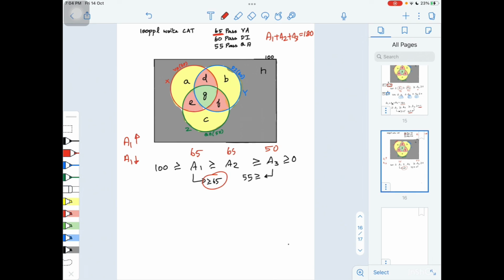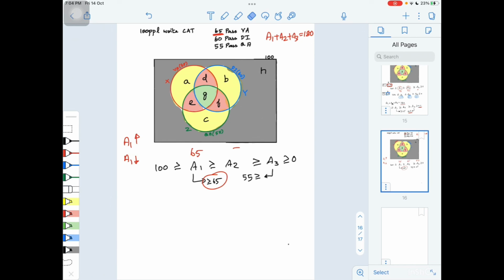Or I can even go ahead and give 50 here and 65 here. This is also possible. None of the conditions are getting violated. So this way I can go ahead and play around. The only thing that I need to take into consideration is that these conditions must be satisfied: A1 plus A2 plus A3 equals 180. This 180 I need to distribute to A1, A2, A3 such that these conditions are